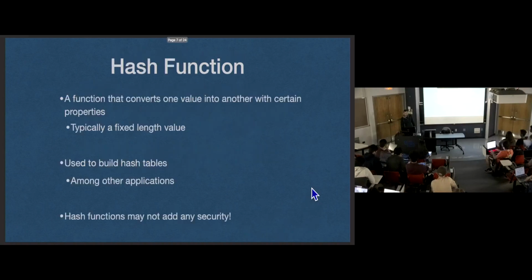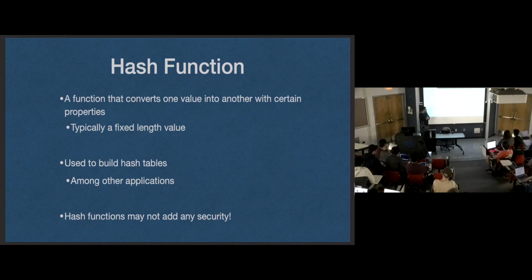So what we're going to do is store hashes of those passwords. We're going to use a hash function, which you've all heard about at least at some point, at least in 250 when you built hash tables. A hash function is a function with certain properties. This is a very vague description of a hash function, but for our purposes, I'm fine with it. Typically, the output has some certain property, usually fixed length. Like for our hash tables, we have some max index of the hash table. We want a value from 0 to that max index. That's what we want our hash function to return.